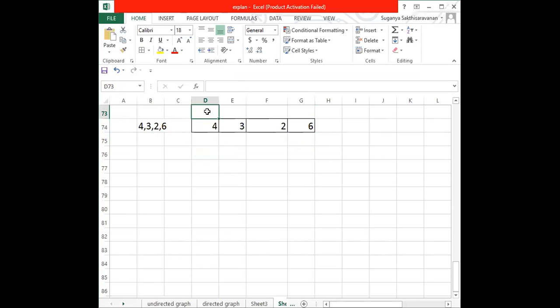Let us write the index positions of it: 0, 1, 2, 3. During this operation, we are supposed to multiply the values with the index position: 0 into 4 gives you 0, 1 into 3 gives you 3, 2 into 2 gives you 4, and 6 into 3 gives you 18, right?